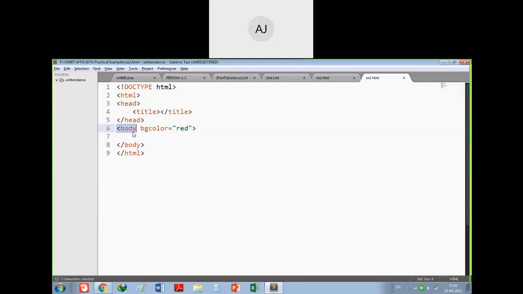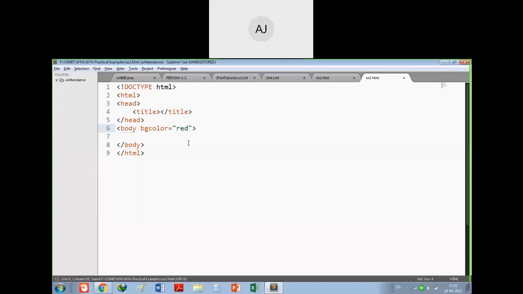So this is the body tag or body element I can call, and bgcolor is nothing but, what is it? It is an attribute or a property. Try to answer by sitting there only. Okay, and then red is what? It is a value. Okay, so this will be in the format tag name or element, property or attribute, and then the value. And as per the rules we mention this value within double quotes, and the equal to sign separates the property and the value.